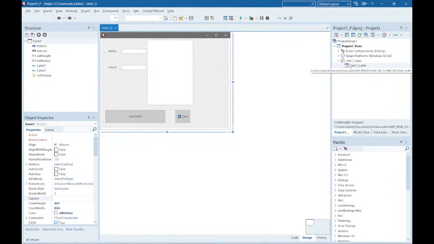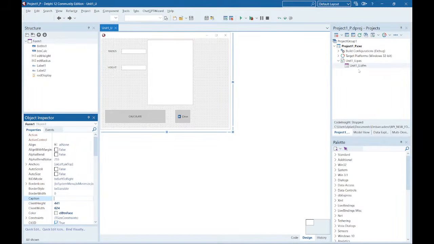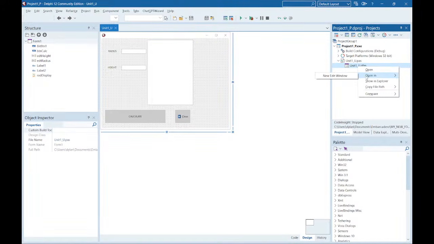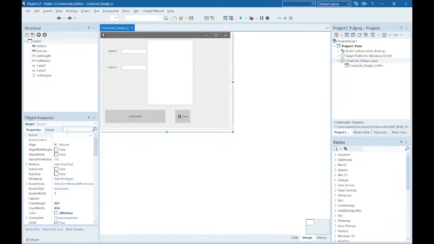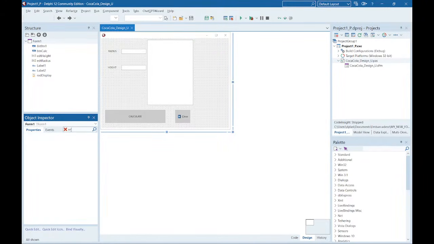And if I rename it here, my Pascal file, rename it to Coca-Cola design. There it is. Again, guys, the form is an object. If I click on the form and I go to its properties, name,